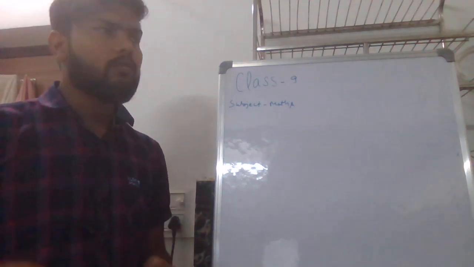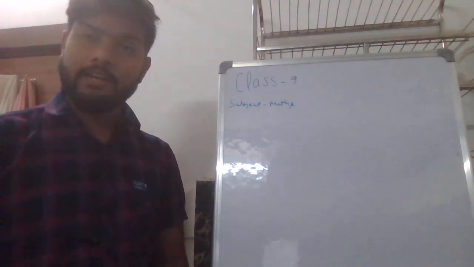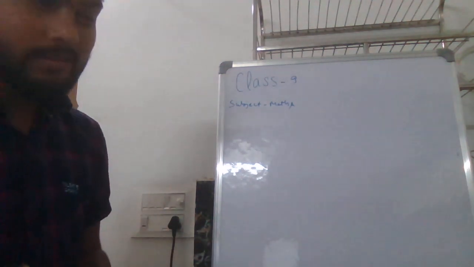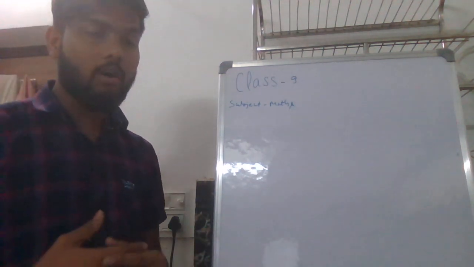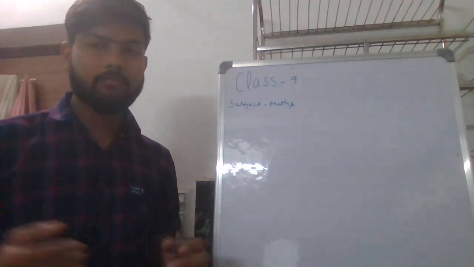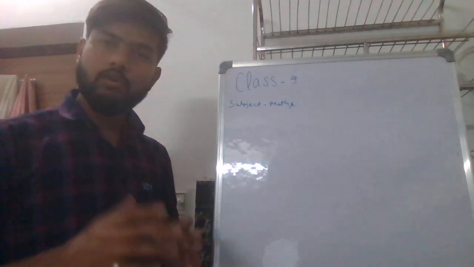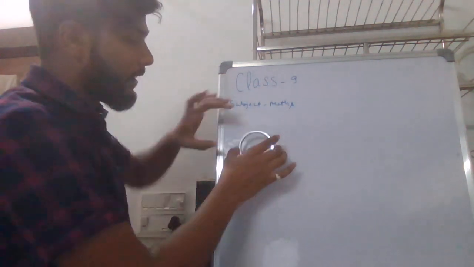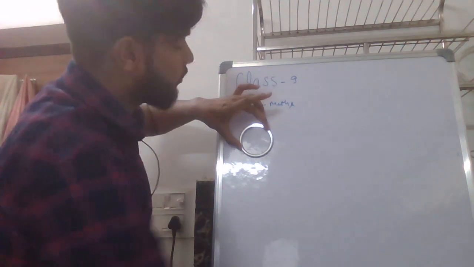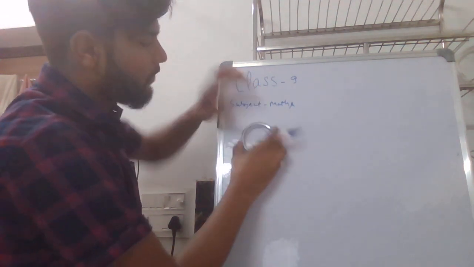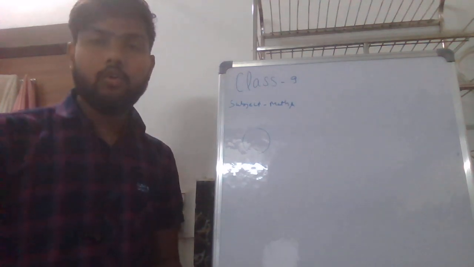First, recall what we have learned in our previous class: concepts of circle. We have solved some theorems related to the chord. Now tell me, we have drawn a circle. I will draw a circle here. I have drawn this circle. Now you have to tell me